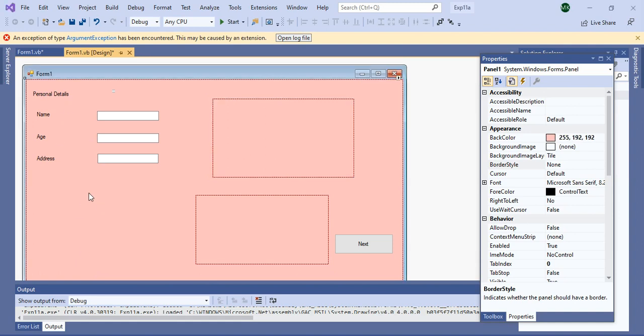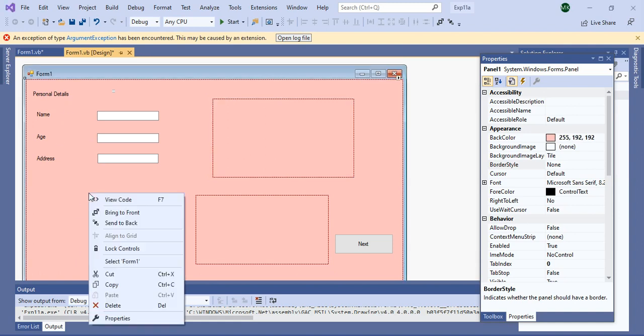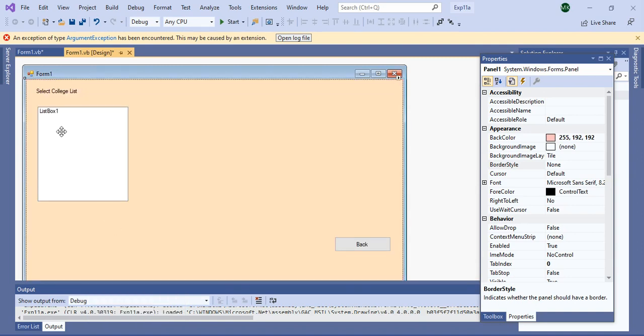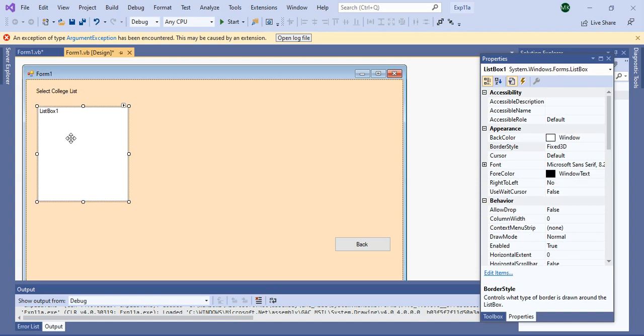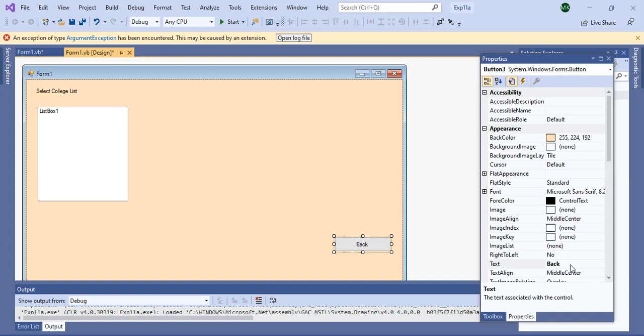Now if I want to select another panel, just right click and send to back. So my second panel is visible, on which I have taken one label, select college list, and one list box to display the college list, and one button, and on that button you have to write the text back.